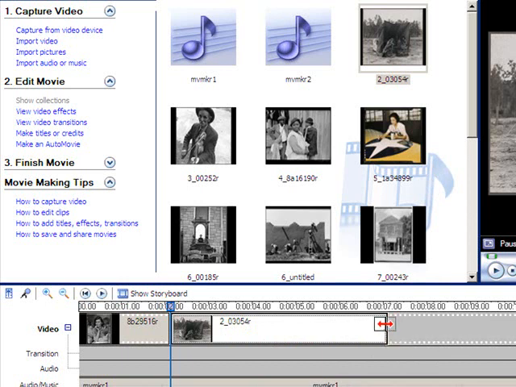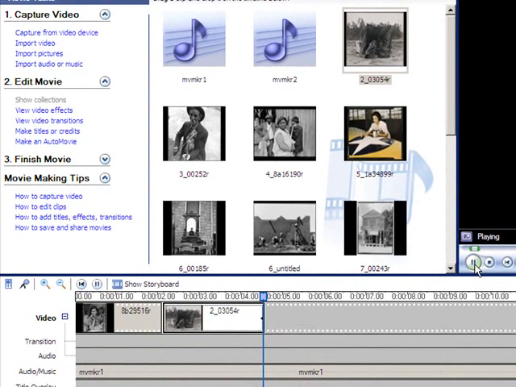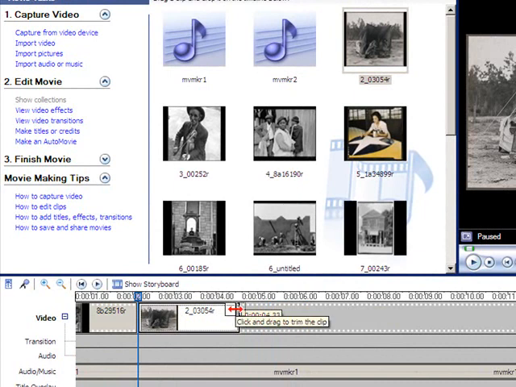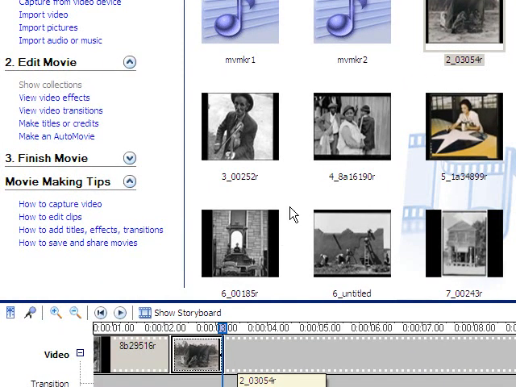So then again, I'm going to listen to my recording, and I'm going to play until I get to the point where I want to put in the next picture. I say, okay, I want that one to be just this long. And then I bring in my next picture,